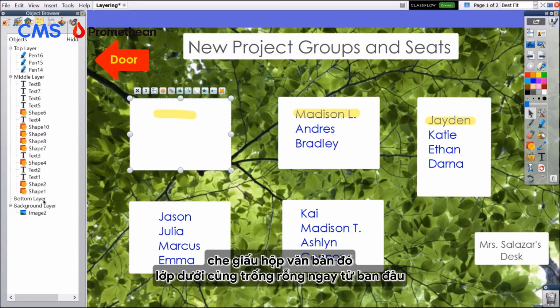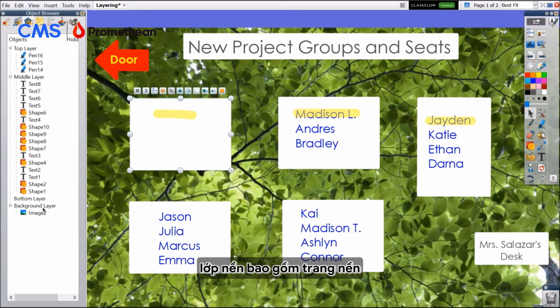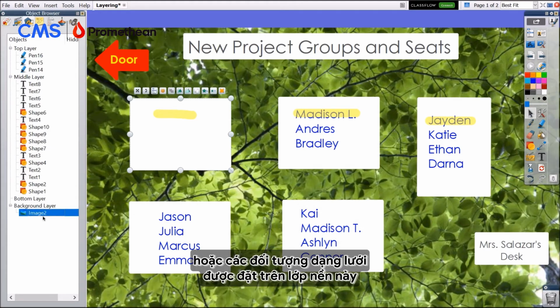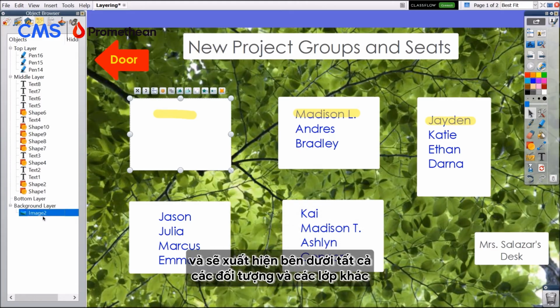The bottom layer is initially empty, but you can move objects to it. The background layer consists of the background page color, background image, or grid. Objects placed on this background layer will become locked on the background and will appear below all other objects and